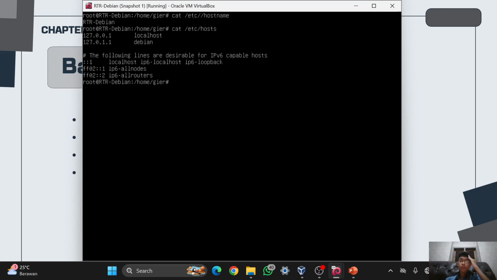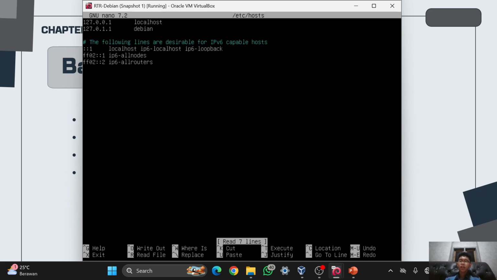So I will open the hosts file using nano /etc/hosts. And in here there are two IPs, which are the IPs of the localhost.